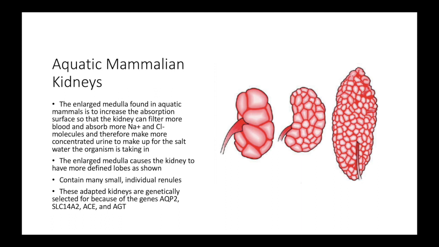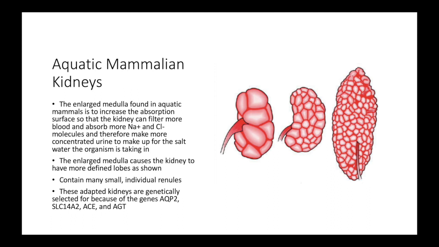In aquatic mammalian kidneys, the process is essentially the same. However, they have enlarged medullas to ensure that the aquatic mammal can excrete enough salt and hydrate itself enough to survive in such salty conditions. The enlarged medulla increases the absorption surface so that the kidney can filter more blood and absorb more sodium and chloride ions than a regular mammalian kidney to make more concentrated urine to make up for the salt water the